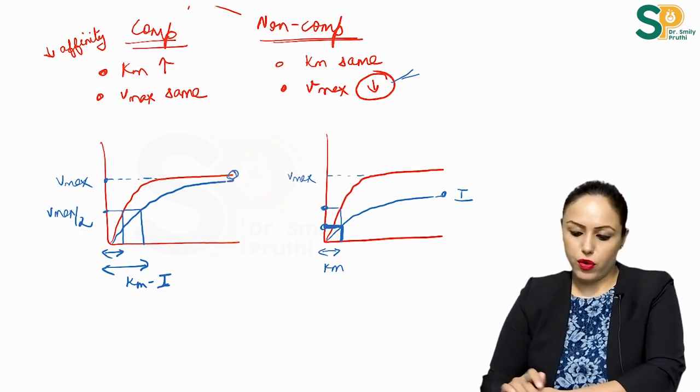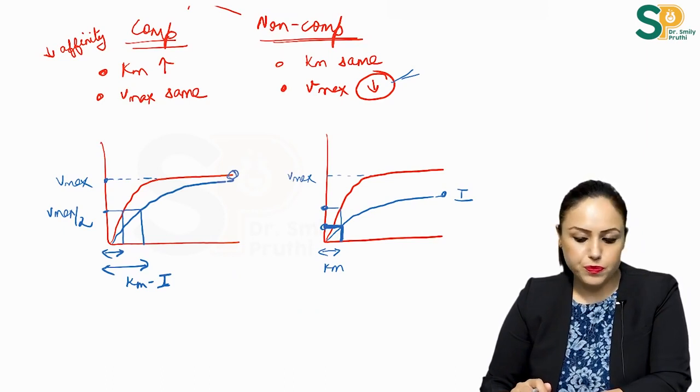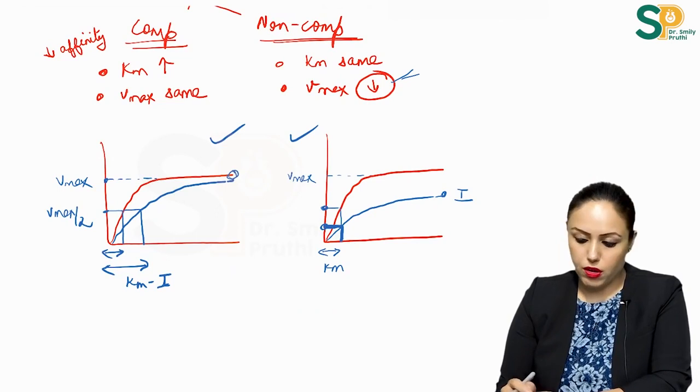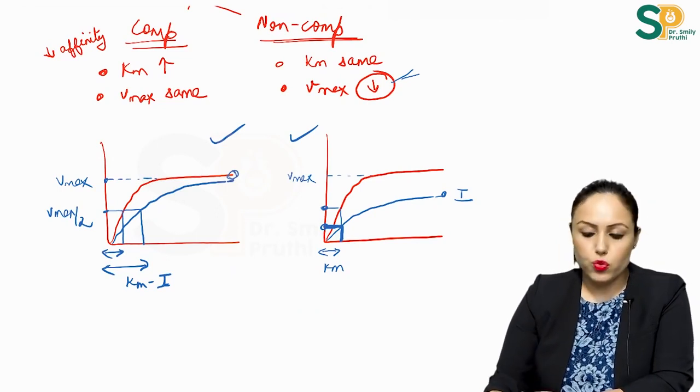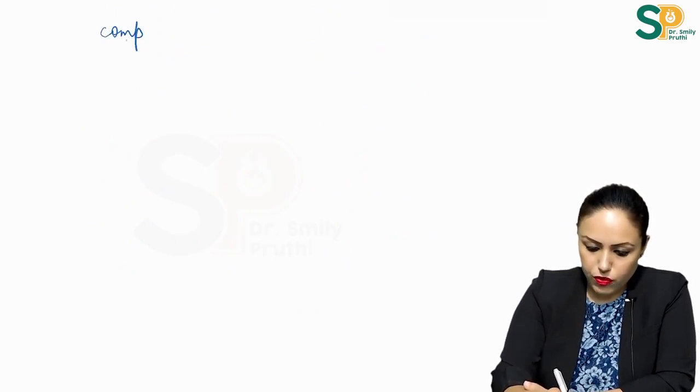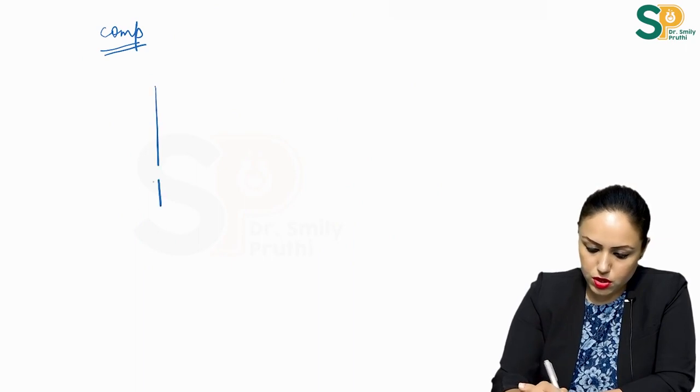So this is the graph for non-competitive inhibitor. Here I have done the rectangular hyperbola graphs. Let's do the double reciprocal graph also. In case of competitive inhibition,